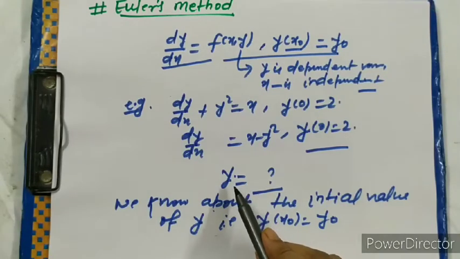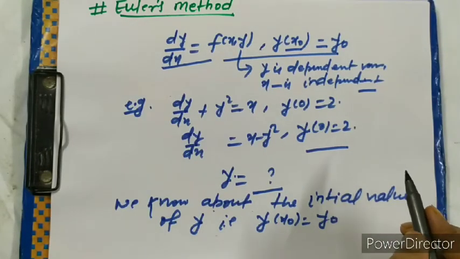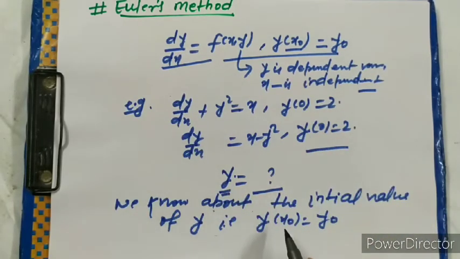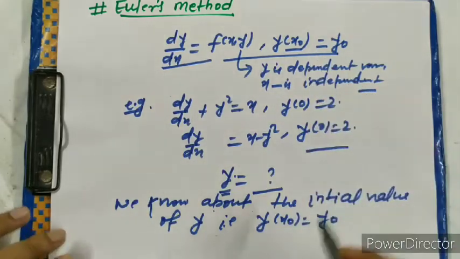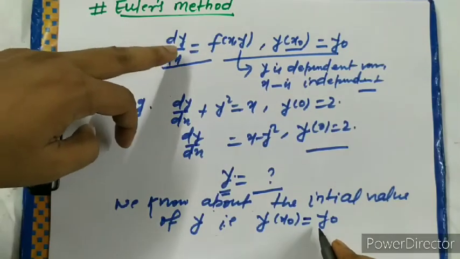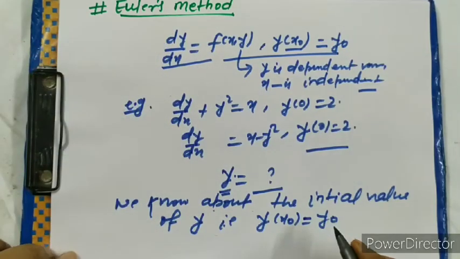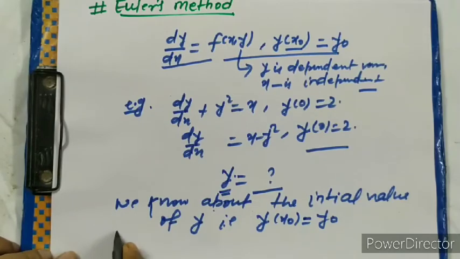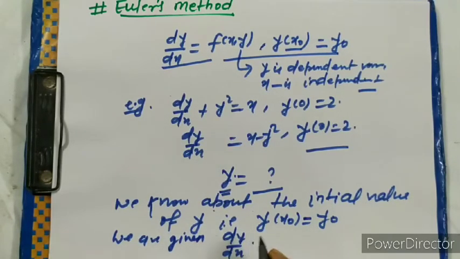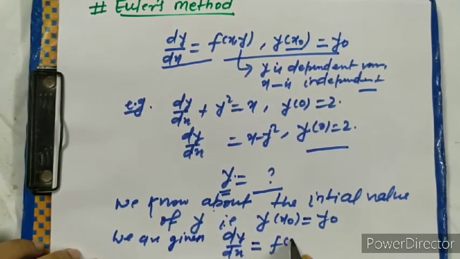हमें क्या फाइंड आउट करना है, y इज इक्वल टू फंक्शन ऑफ x टाइप का, और ओनली हमें क्या पता है, इसका इनिशियल कंडीशन पता है, मतलब एक पॉइंट पे इसकी वैल्यू पता है, y(x0) = y0, और इसका स्लोप क्या है एट एनी पॉइंट (x,y), which is equal to f(x,y). Also we are given dy/dx, which means the slope of function y, which is equal to f(x,y),